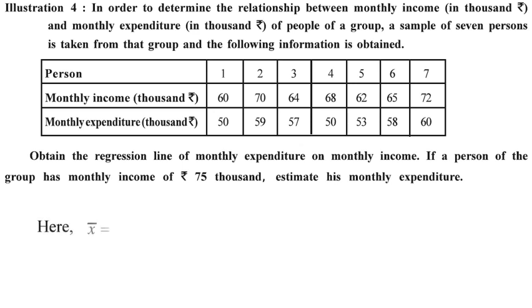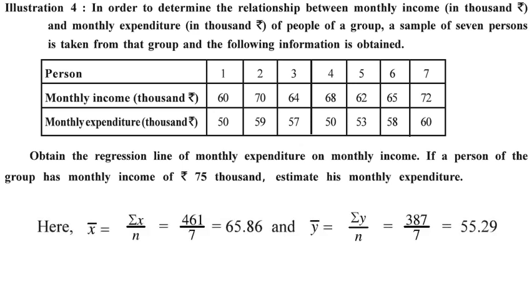For this, first we will calculate x bar and y bar, because without calculating x bar and y bar we can't move forward. The x bar is 65.86, y bar is 55.29. The values are fractional, so we can't use the x bar y bar method, and the observations in the question are big, so we are not going to use the xy method. The method we are going to use is the uv method,